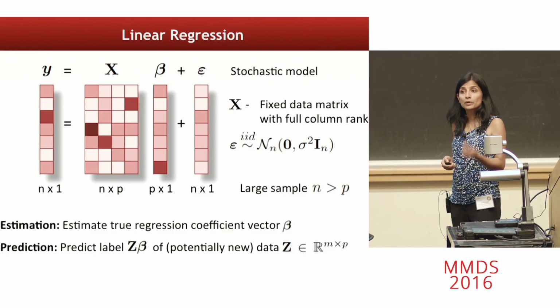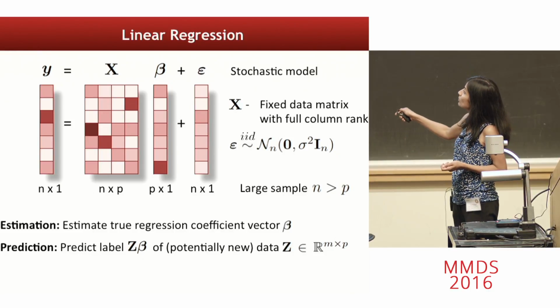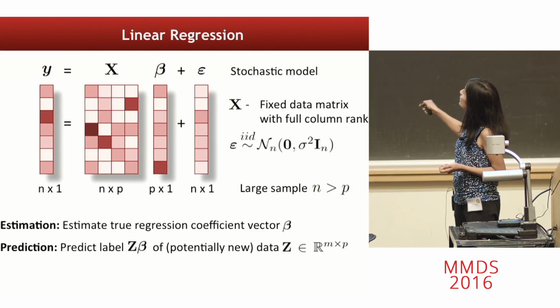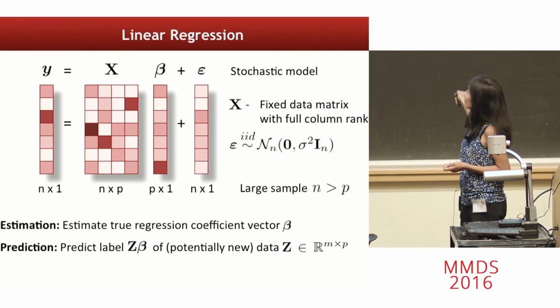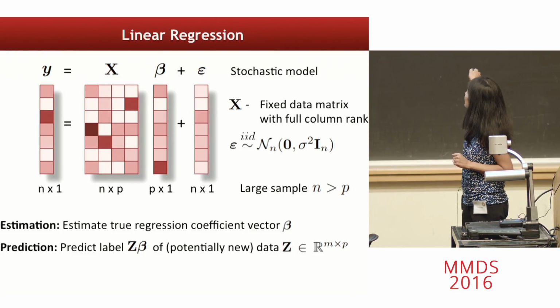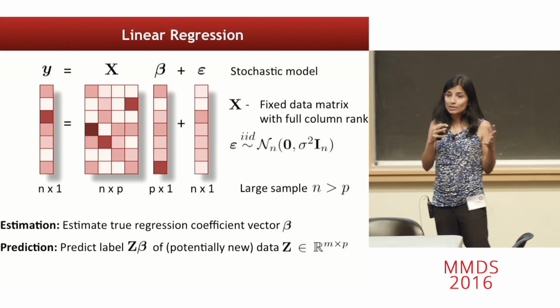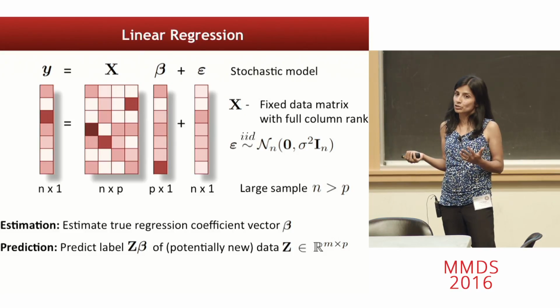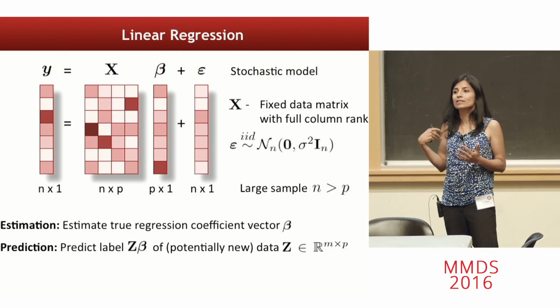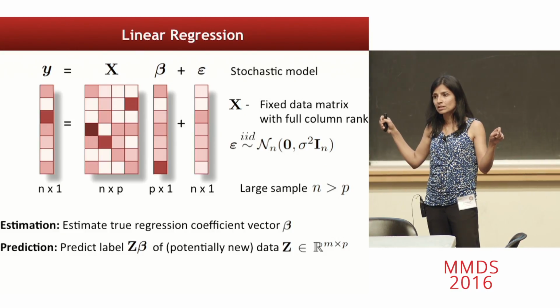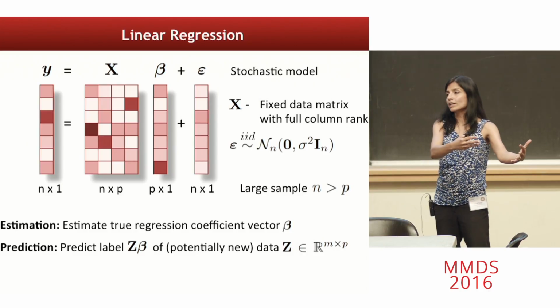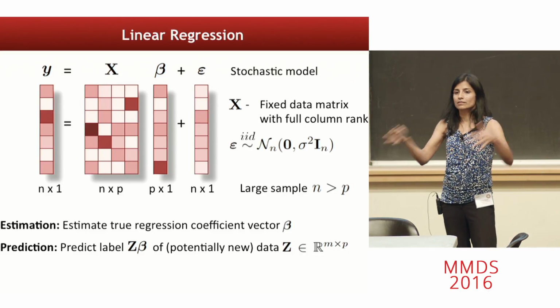I would like to be able to predict the label, so z beta would be the label, of some new data point or set of data points. I'll assume there are m data points we want to do a prediction for, which is captured by this matrix z. Now z may be the same as x, but it does not have to be. So if it's the same as x, you are just filling in the missing labels, whereas if it's z, it's a new set of data that you want to train on some data set and be able to predict